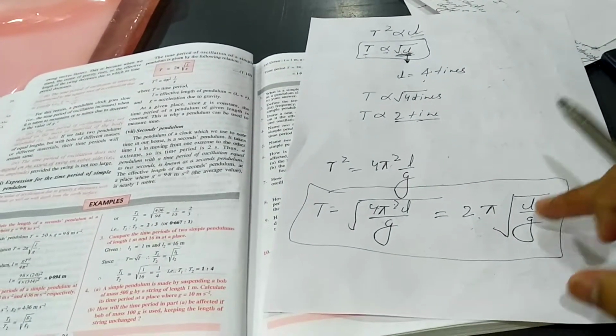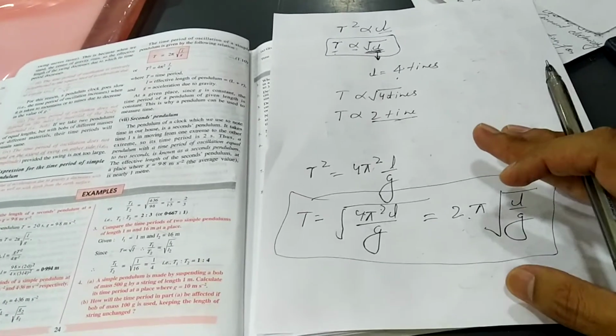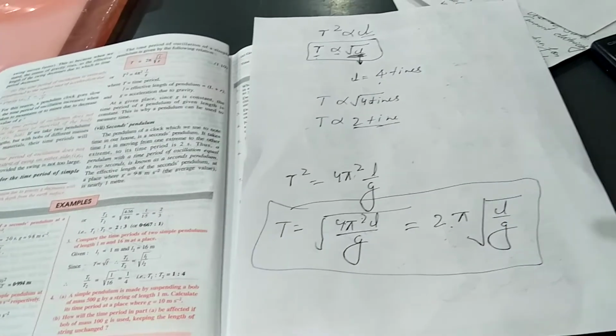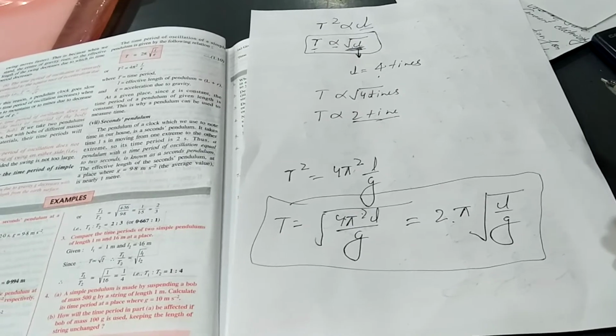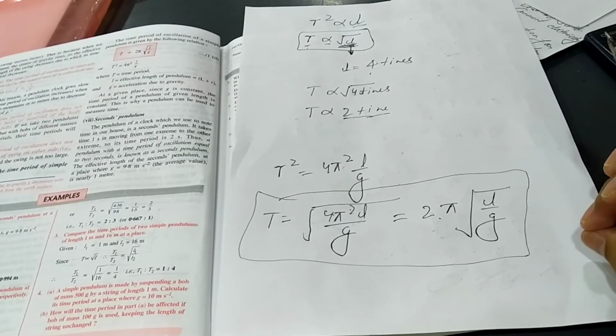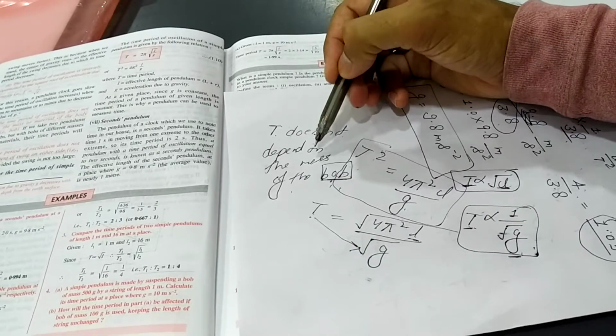And how the formula has come, that also I have explained. So using a simple pendulum, you can find the value of acceleration due to gravity. Any problem, anything you have, please ask in the comment section, or we'll discuss it in the class as well, right? And the link of the video I'll drop, where you will see that this time period of oscillation does not depend on the mass of the bob.